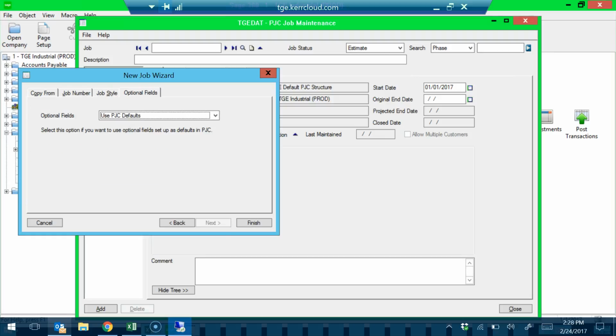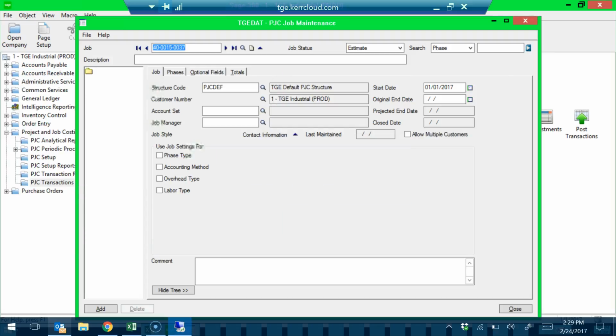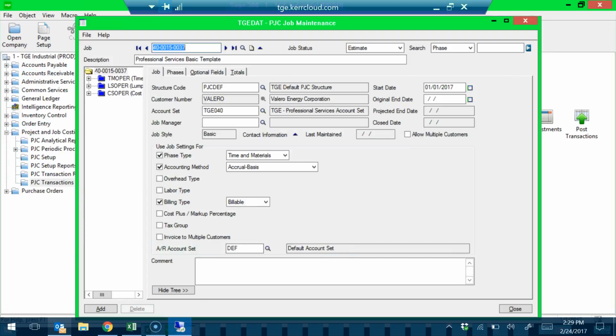Click next, next again, and in the optional field drop down, choose copy from template, and then finish. It will now create the format of the job. And what you see, we have 3 phases that are entered into a job template. To remove the phases that are not